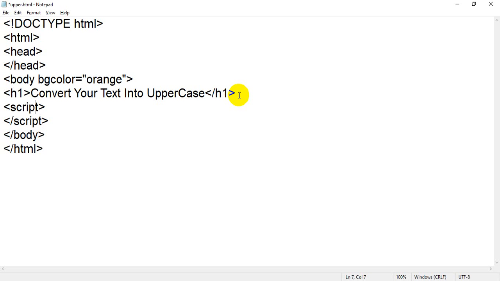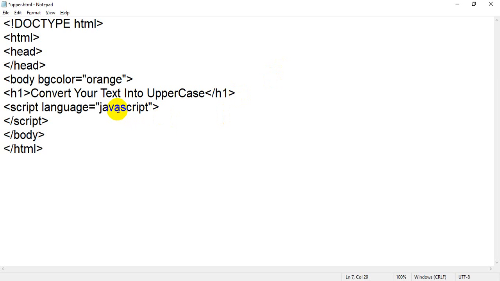You have to tell your browser which scripting language you are going to use, because we have a number of scripting languages, like JavaScript and VBScript. So by using the language attribute, we have to mention which language I am using. I am using JavaScript, so you have to write JavaScript.